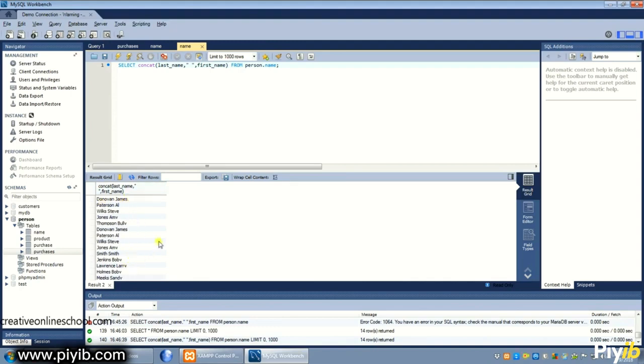Well, that's great for combining things, but what if you only wanted part of the name? Let's say we only wanted the first letter of the first name. Well, we can do that with a substring. In here, we can put substring or substr. We'll open it up. We'll use the same name,